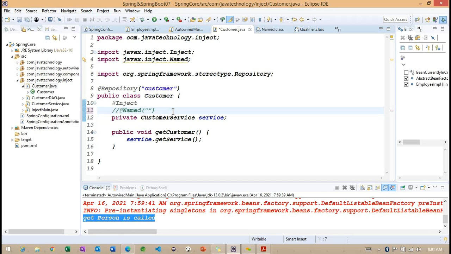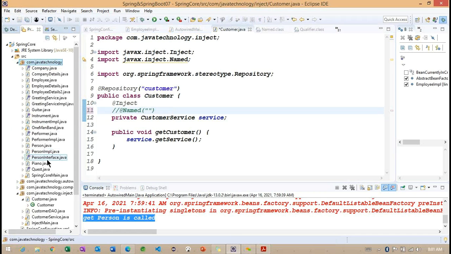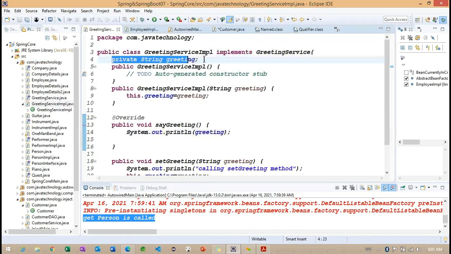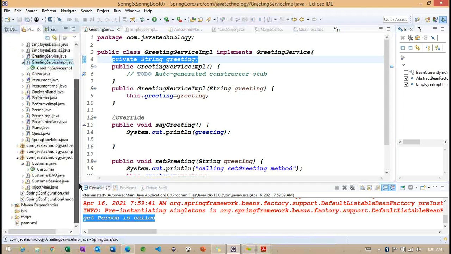Initially, in what we implemented, whenever we work with the GreetingServiceImpl, we have one primitive type here, a String. Whenever we work with this primitive data type in our configuration file, we work with the value attribute instead of the ref attribute.